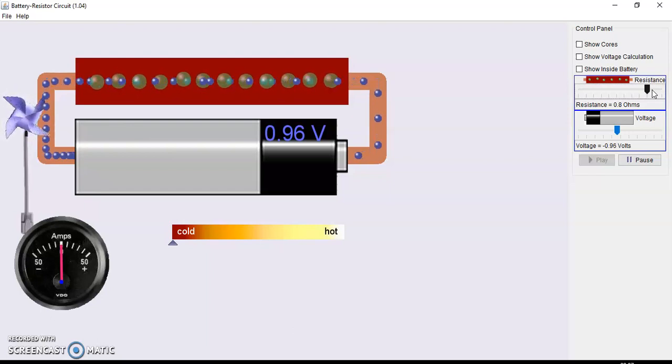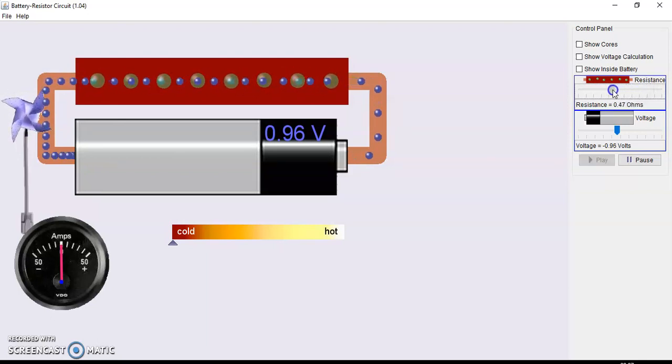So by changing resistance, there could be various things happening in the circuit. Possibly I have used a different material. If I've used a different material, then its composition will change, the number of cores available inside it will change, and so on. And accordingly, the resistance will change. Resistance may also be changed by changing the dimensions of the wire, like by changing its cross-section area, by changing its length, and so on. You have learnt about it in class 10th. R is equal to rho L upon A, where length and cross-section will give rise to a change in resistance. Similarly, resistivity, which gets impacted by change in material and temperature, may change the resistance.